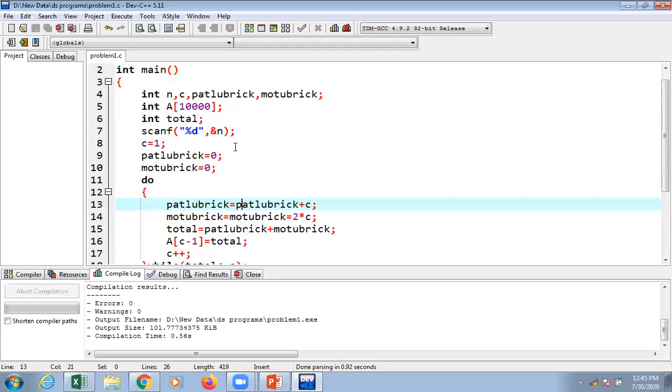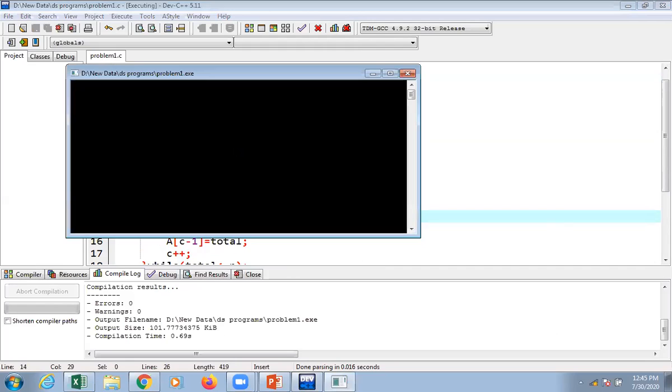Here I have put it as equal to, but it should be plus 2 multiplied by C. Sorry for this. So again I'll be putting 13 here, then it's Motu. Now it's correct.